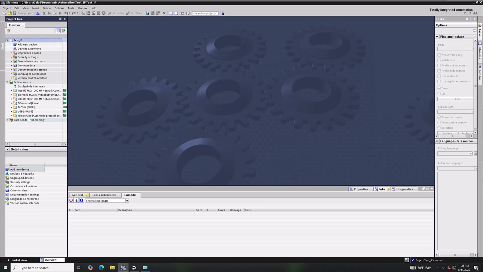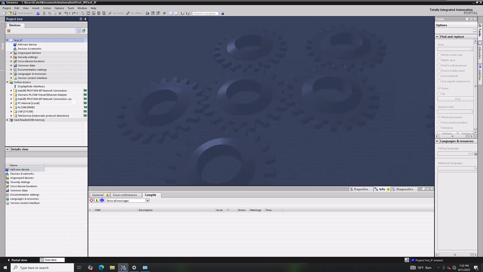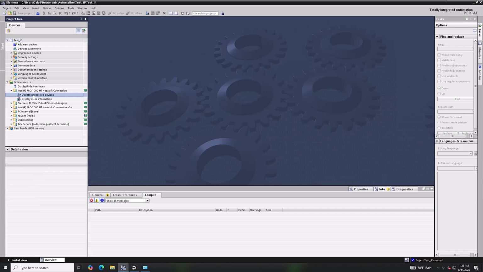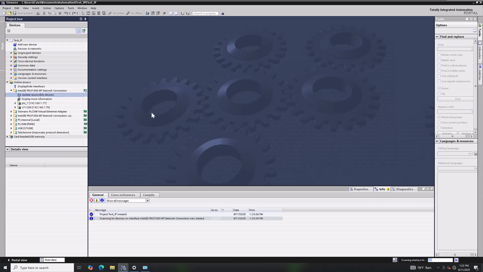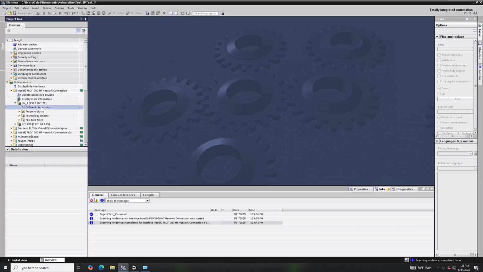You choose the one you're using. Again, I've already discussed this: I have two different Ethernet comms, and I'm going to choose the one I'm using. Then I'm going to double click on update accessible devices. It's going to start searching. Now it finds the same thing we found before. So when we come down here, we can easily see that. And then you can go to diagnostics. Say for instance, if I wanted to open up diagnostics for this,